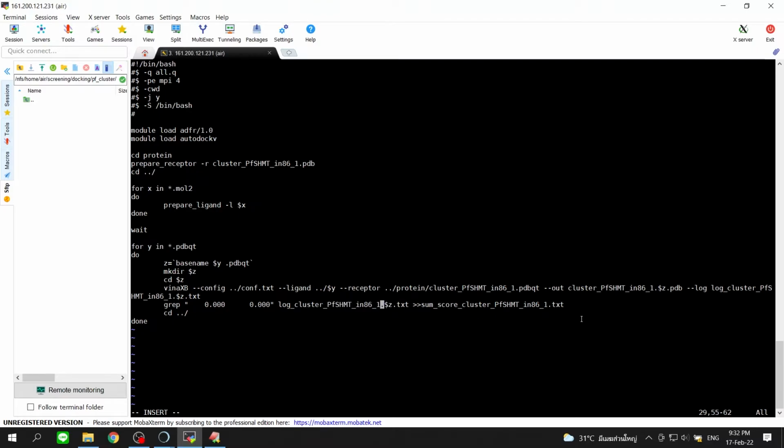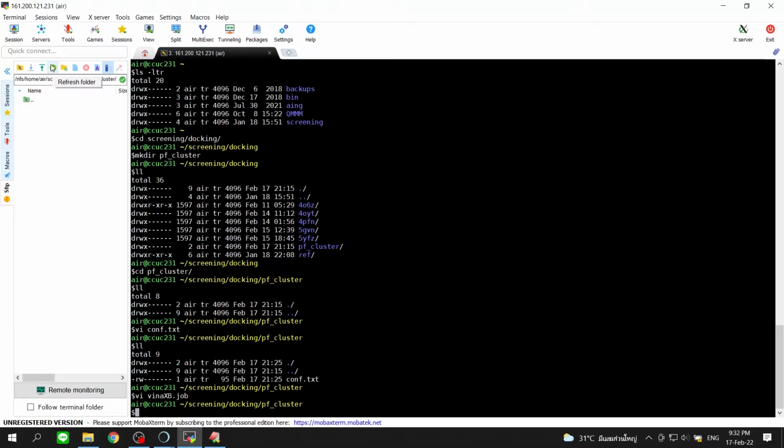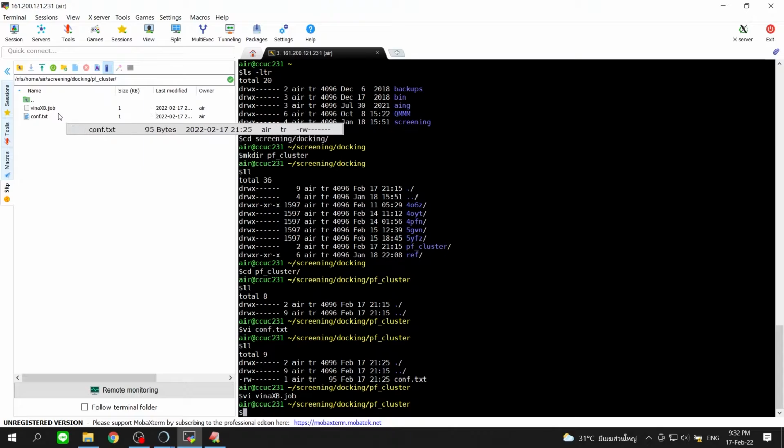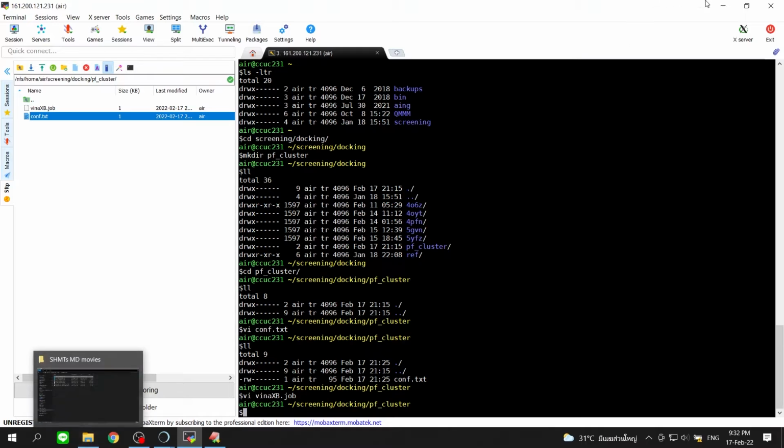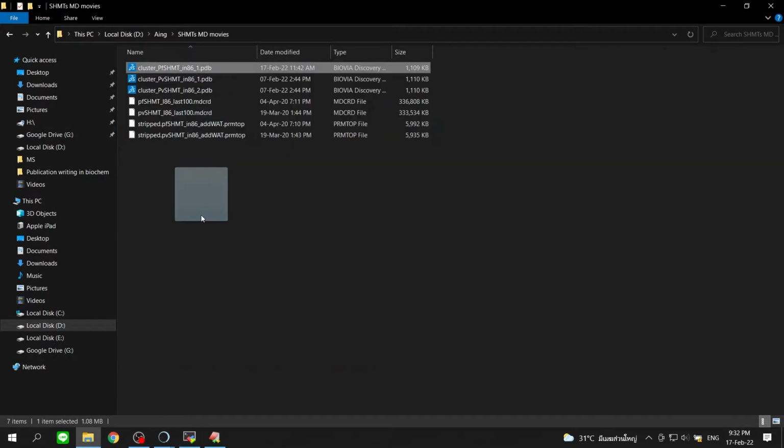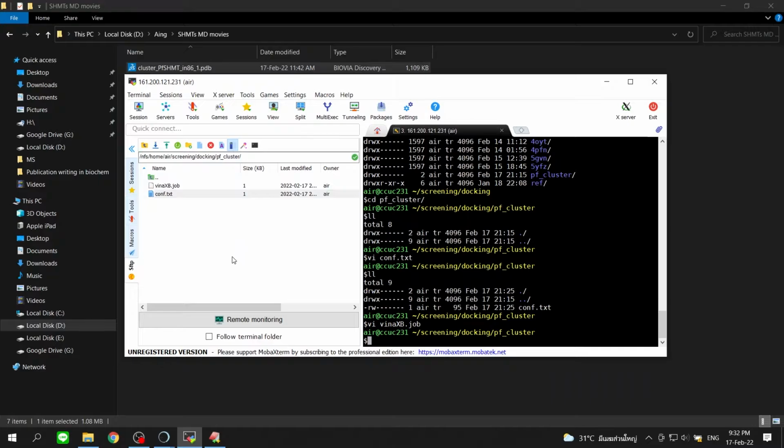Let's make it easy and make it clear to understand. Okay, I have the AutodockVinaXB running file already, and that's it. So in this folder, this directory, I have the VinaXB job and configuration file, and I have to move my protein here, transfer it, and